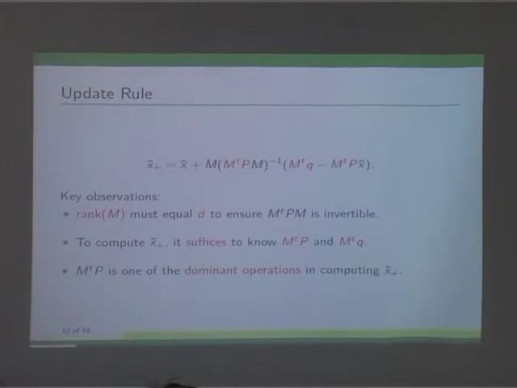So there are two constraints. One is that the rank of M must be small, and I don't want the per iteration cost to be of order n square. I want it to be sub-quadratic. I want it to be as close to linear as possible. So how do I choose M? That's the question. So the thing that is natural is that M should be sparse. We want it as sparse as possible, because even if a single row is dense, you will go into order n square computation. So how do we do that?